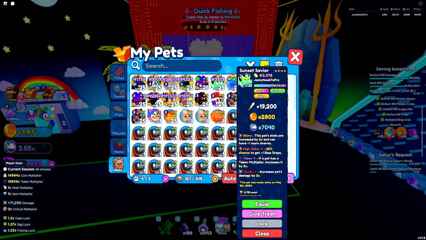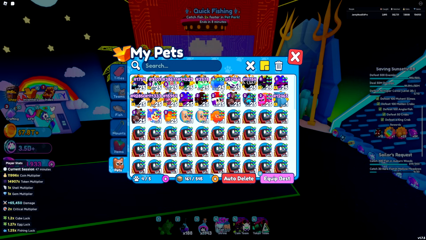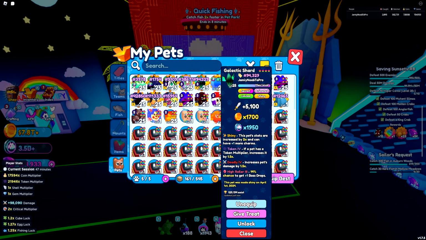Pretty sure my weakest one is just a Brine Spirit, yep, okay, see you later, and let's put on you. I don't have any healing pets now, though, so I'm gonna go ahead and change the Galactic Shard to have...